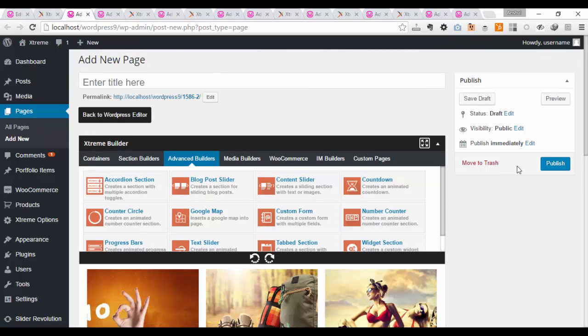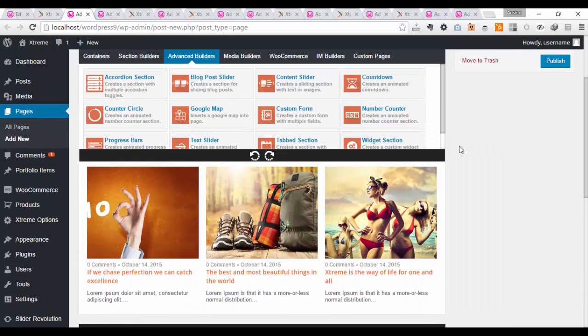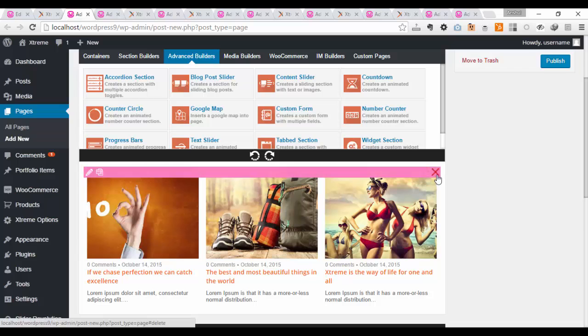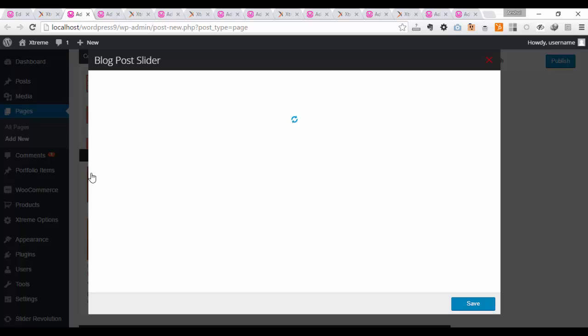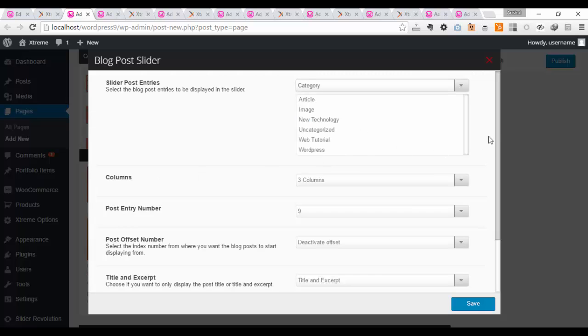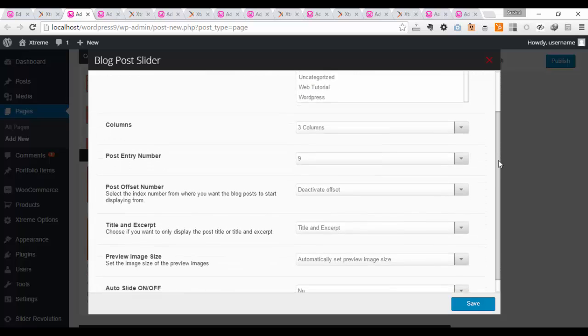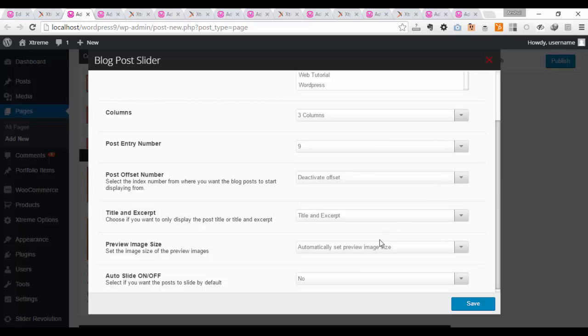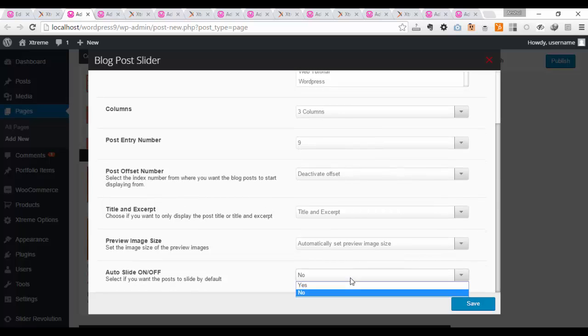Alright, now let's quickly move on to the next advanced builder, that is a blog post slider. Alright, so in order to have the blog post slider, all we have to do is just drag and drop the blog post slider, and it will be available. I can go inside and once again select the categories, the columns, and the post numbers, offset, excerpt to display or not,